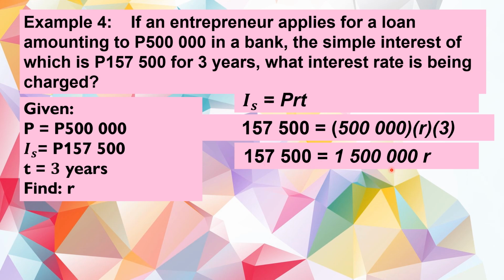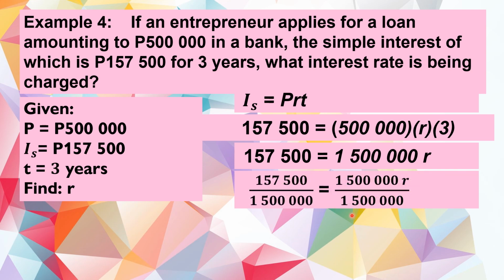Then, para matanggal yung 1,500,000 dito at yung R lang ang matira, let's divide both sides of the equation by 1,500,000. So, dividing now this, we can now cancel out ito at ang matira na lang ay R. Then, divide 157,500 divided by 1,500,000 is equal to